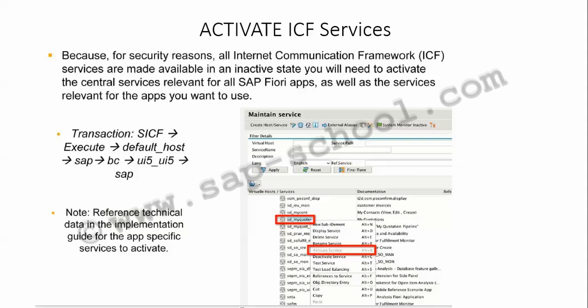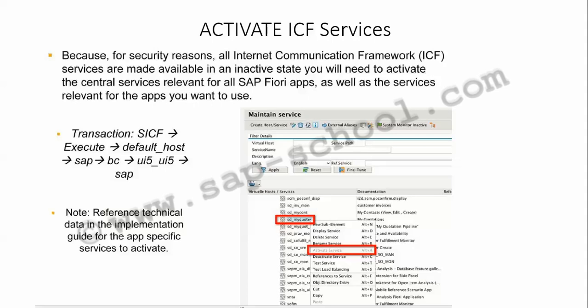So if I go to my SAP Fiori home page, that is the help page, I will be able to see which ICF services are required to be activated for a particular app. I can see that we have these services which are for the approved travel expenses, my travel request, my benefits, my leave request. So depending on the app type I want to activate, I have to activate the services from here, and